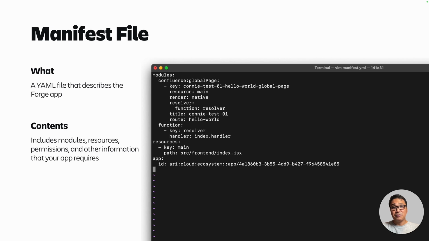Another fundamental part of Forge is the manifest. Every Forge app needs one. The manifest can be thought of as a blueprint for your app. This is a file that outlines the different Forge modules, functions, and resources that your app will use to extend